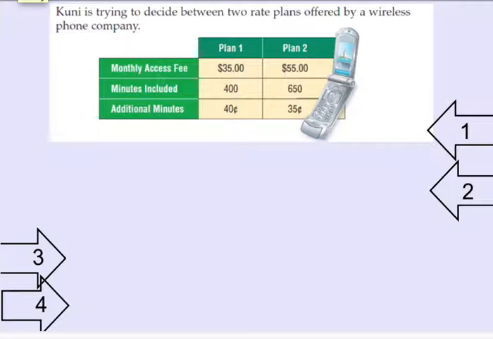Cooney is trying to decide between two rate plans offered by a wireless phone company. Plan 1 is $35. You get 400 minutes, and then it's 40 cents for each additional minute after 400. Plan 2, $55, but you get 650 minutes included. Each minute after 650 minutes is 35 cents. So just looking at this a little bit,